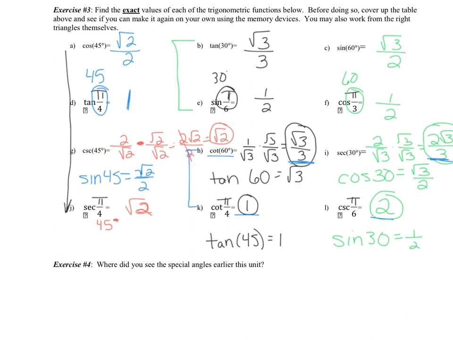So there is one more question at the bottom of the page. It says, where did you see the special angles earlier this unit? And you should remember right on our unit circle, and I kind of drew it before, that we saw 30, 45, and 60